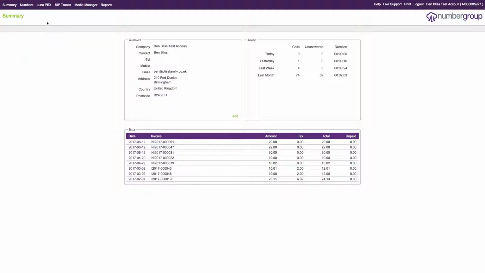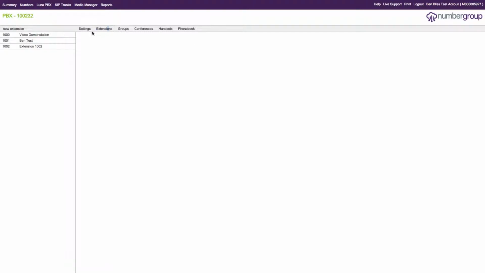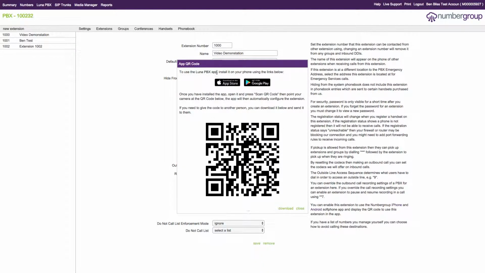So in order to set it up, you go to Luna PBX, you go to extensions, and then you select the extension you want to use. In this case we'll use extension 1000. Now you'll see it towards the bottom, there's an option here that says enable phone app. Change that to yes and click save, and you'll see a new link here which says show QR code. When you click on that, it shows the QR code which you then scan using the Luna PBX app to